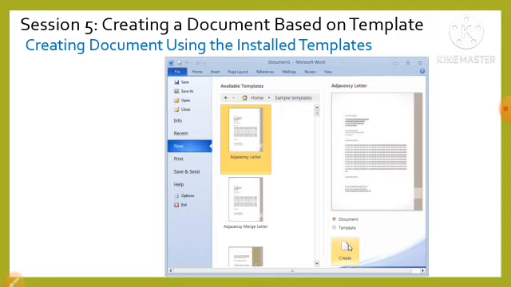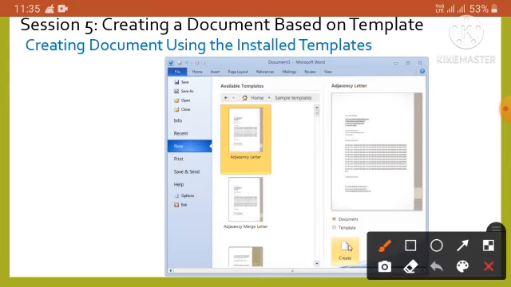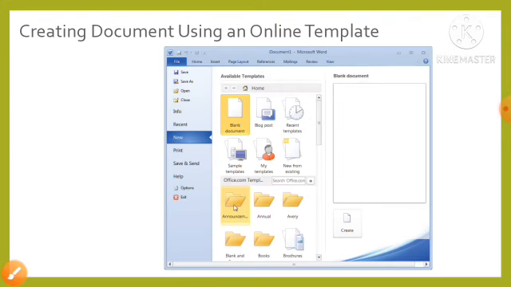We can create a document using an installed template by selecting File and then New, and then selecting the desired template as shown in this figure. Several times you do not find a suitable installed template. In such a case, you can search for more templates on the Microsoft website with the help of an internet connection.